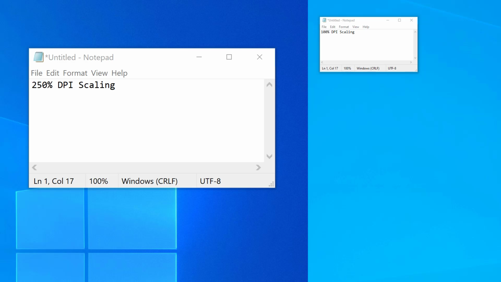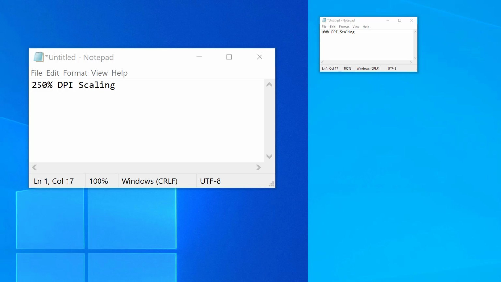So here I have a split view. I've actually recorded two of my monitors. On the left hand side, I've got my laptop monitor, which is running at 250% scaling. It's a MacBook running Windows inside of Parallels. I've got the high retina display kicked in, and so I'm running the main Windows desktop with 250% scaling. On the right side, the lighter blue, because it's a gradient background, is showing my external monitor,